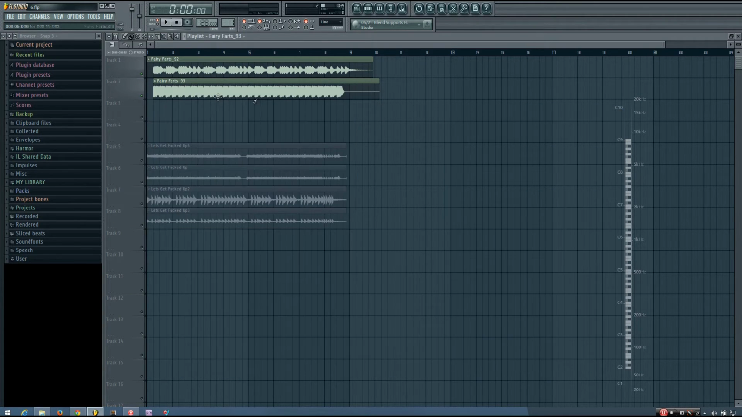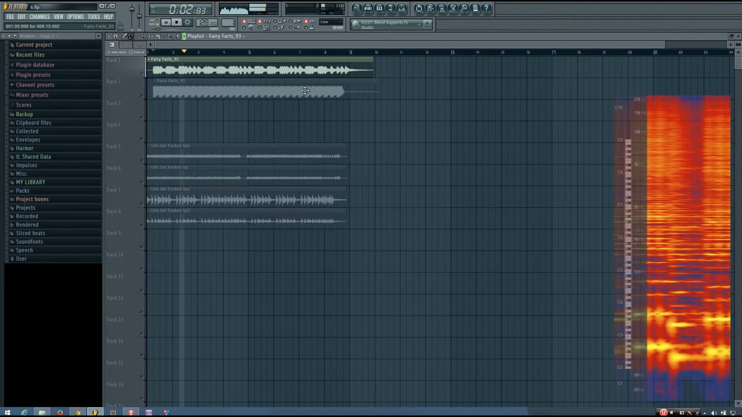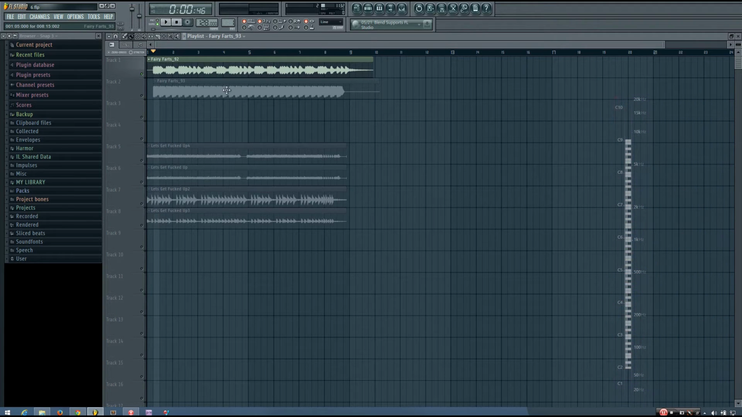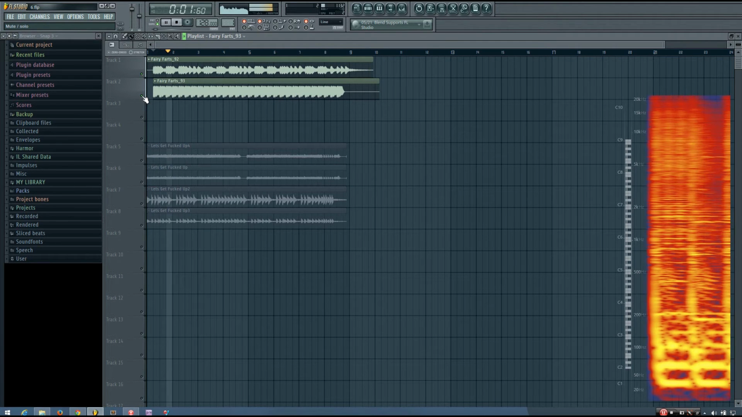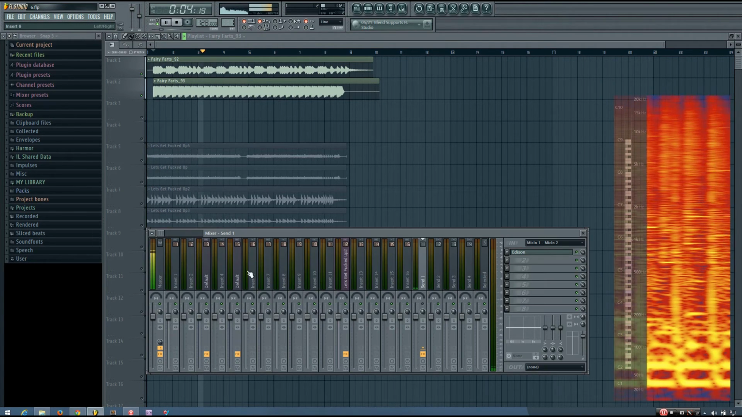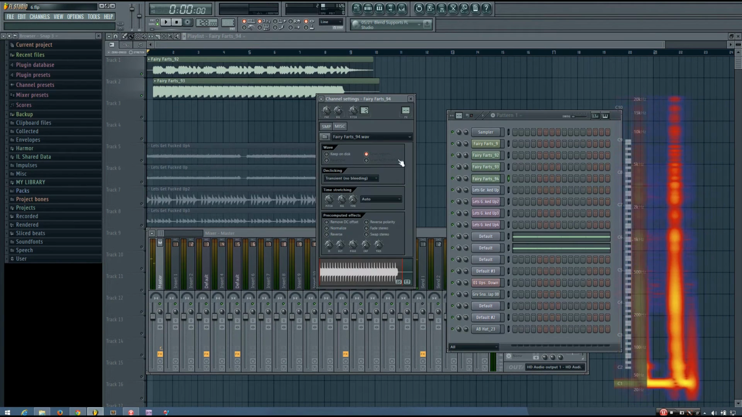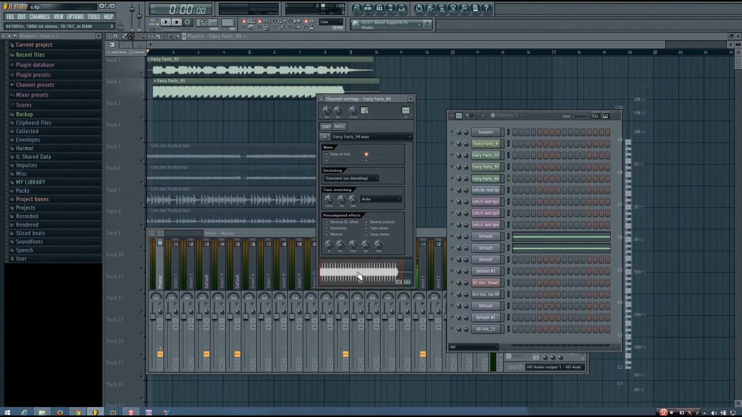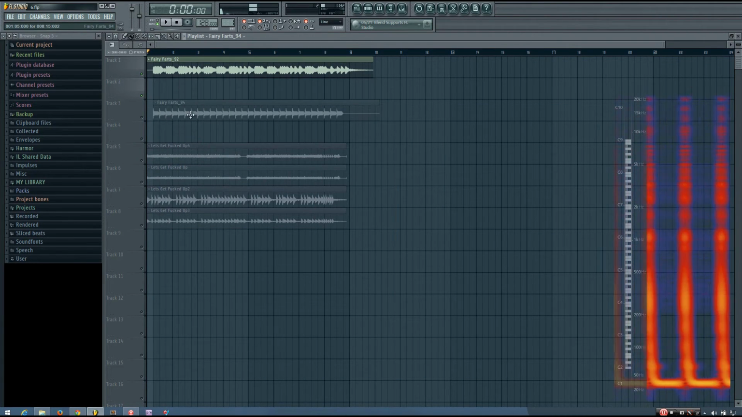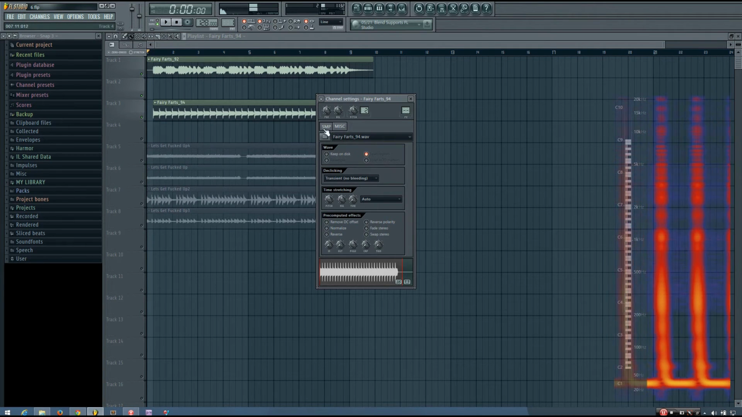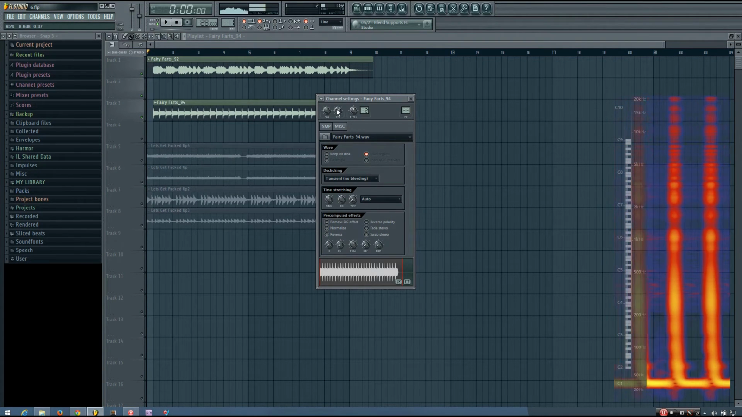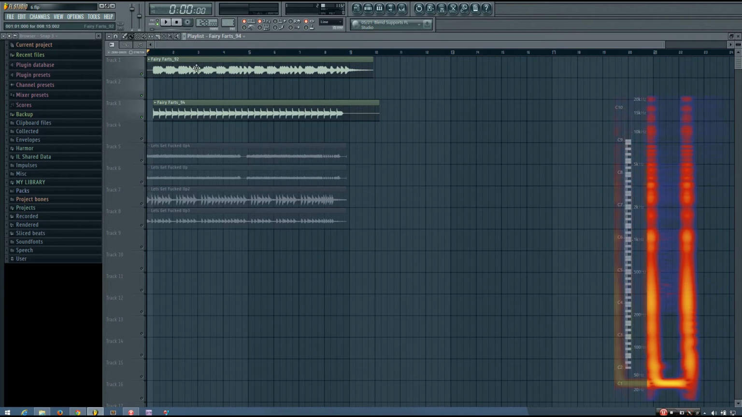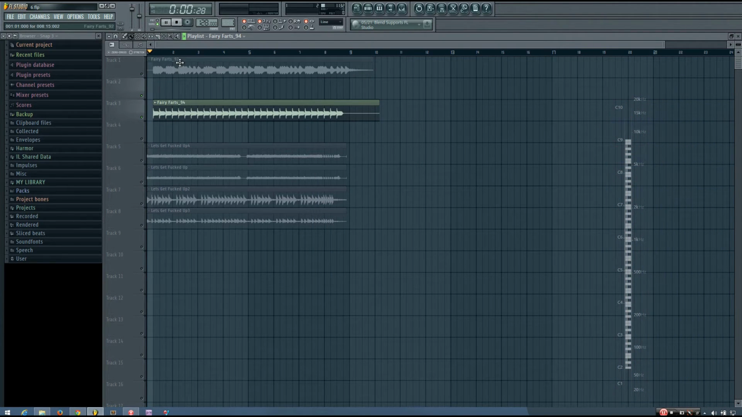So if we take a look at this example, which I looked at previously, you can tell that there's quite a bit of low end present, and it kind of fights with this kick here. But if I had a different kick, things might be a little bit different. So if this were my kick instead here,